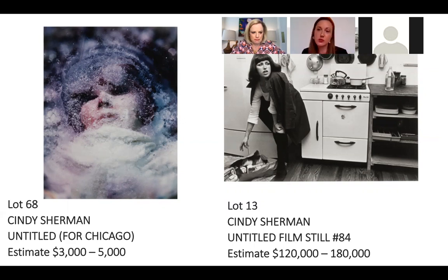Estimates within the two sales range from the very accessible, under 5,000, all the way up to 500,000. And the Cindy Sherman film still, lot number 13, is the leading lot, the leading photograph for the contemporary sale. Her untitled film stills are a series that was made over essentially just three short years. This is the defining body of work for which Sherman is most well known. The scale here is fairly helpful to understand it. Each was originally printed on 8 by 10 sheets of paper, just like real film stills,